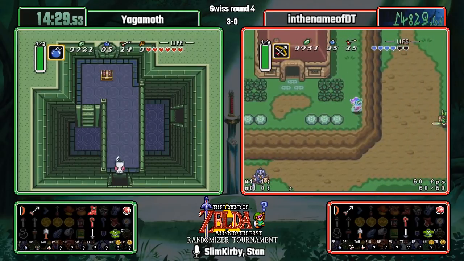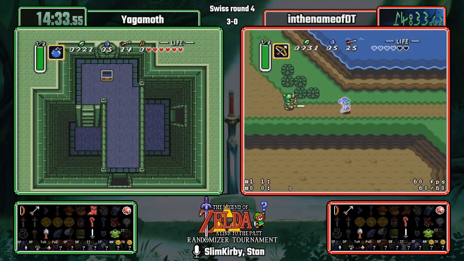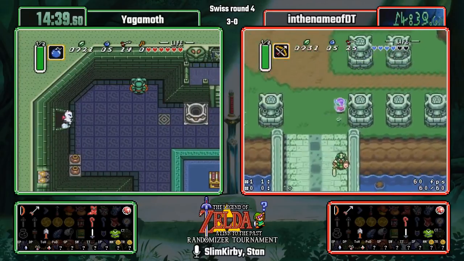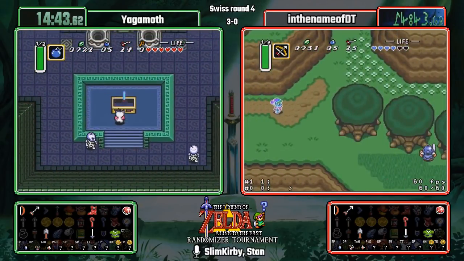Ooh, very interesting strat from Yagamoth. I have not seen that before. Using the bomb to kill the stealth first kid. Yeah, leave it to Link to the